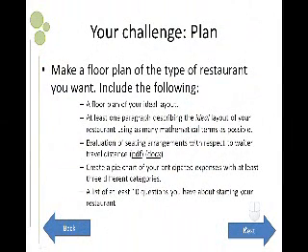Your challenge: plan. Make a floor plan of the type of restaurant you want. Include the following: a floor plan of your ideal layout, at least one paragraph describing the ideal layout of your restaurant, using as many mathematical terms as possible,